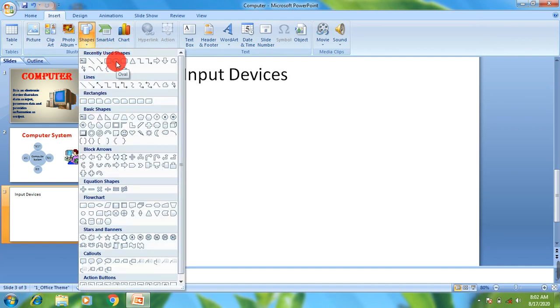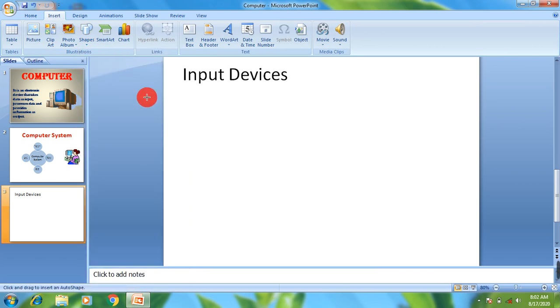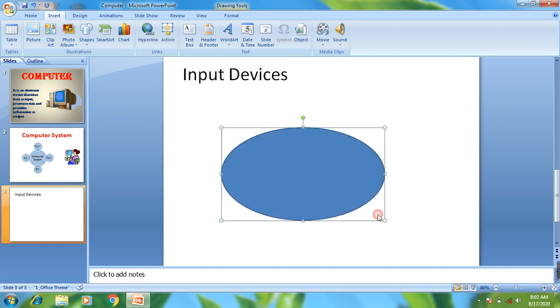So I am going to select this oval shape and draw this. So you can draw this shape by holding your left click and dragging your mouse. So now I can change its position by aligning it to different position.